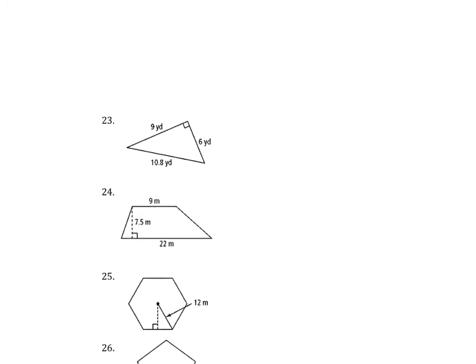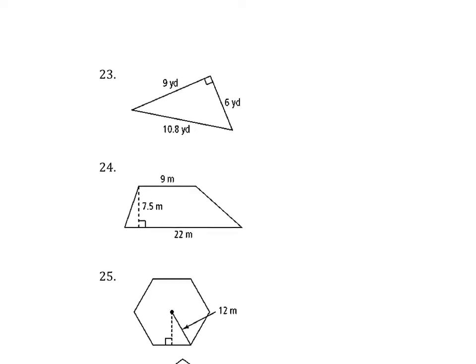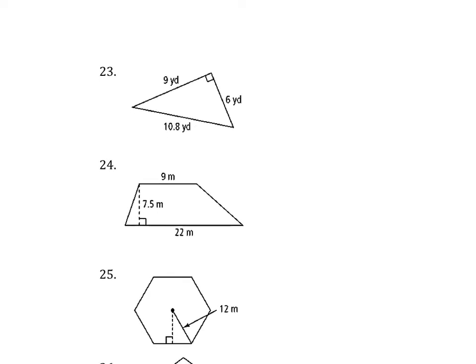Okay, next page, 23. You're finding the area of all of these. So the area of this figure, name that figure. Triangle. So the formula for a triangle will hopefully be on your cheat sheet. Right? So 1/2, and then you have to figure out what is my base, what is my height. What are your base and height in this triangle on 23? Your base is